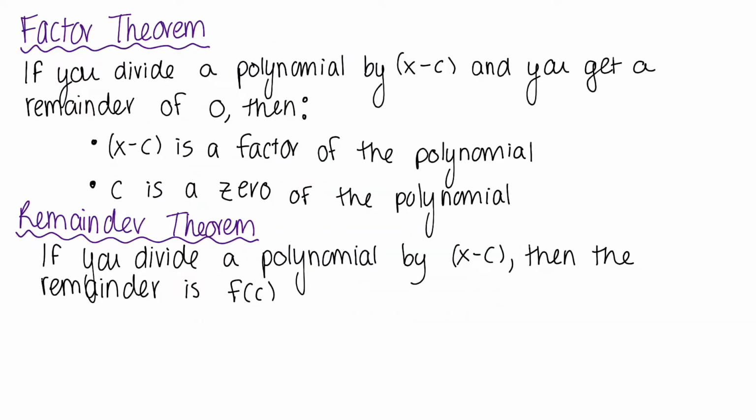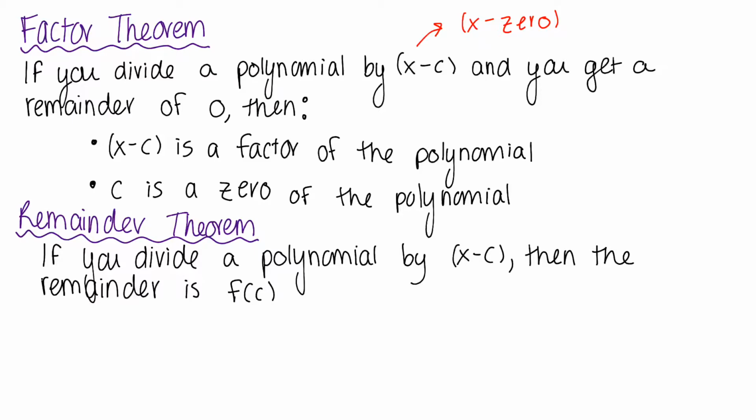All right, just a little bit left to talk about now. So let's talk about the factor theorem and the remainder theorem. So the factor theorem says that if you divide a polynomial by x minus c, and remember, this looks very familiar. This looks like the whole x minus the 0 thing that we saw earlier. So if you divide a polynomial by x minus c, also synthetic division allows you to divide by x minus c, and you get a remainder of 0,